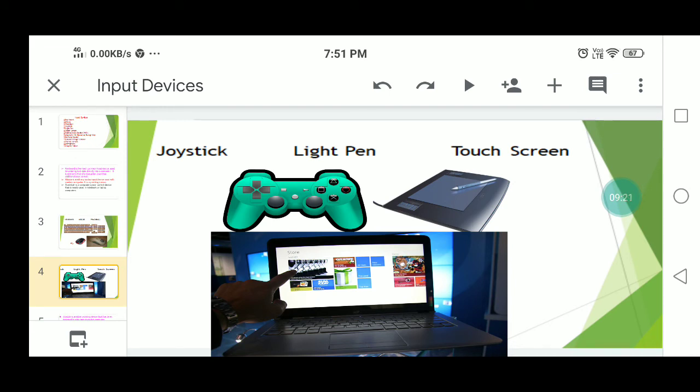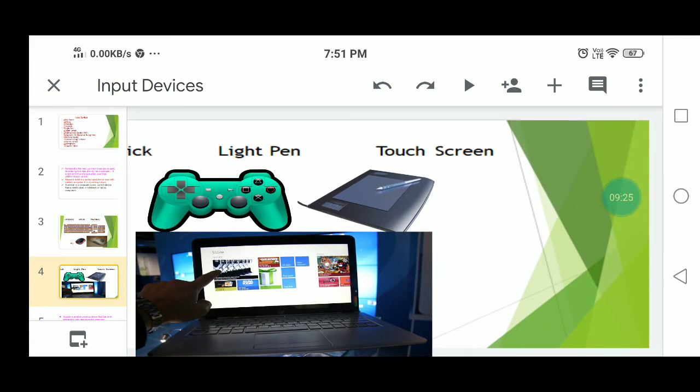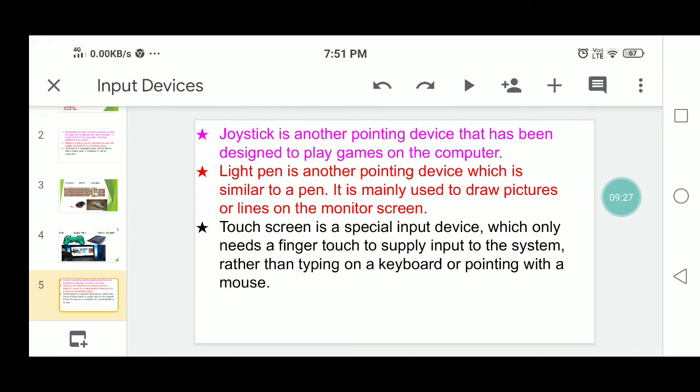Then next, another input device is the joystick. The joystick is another pointing device. It has been designed to play games on the computer. The joystick contains various buttons for various functions.